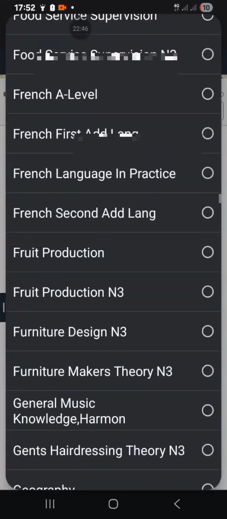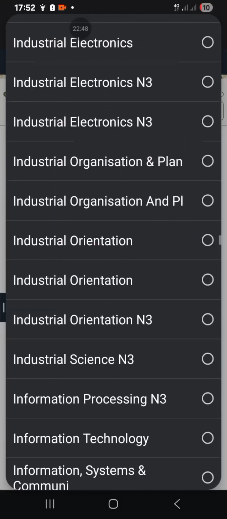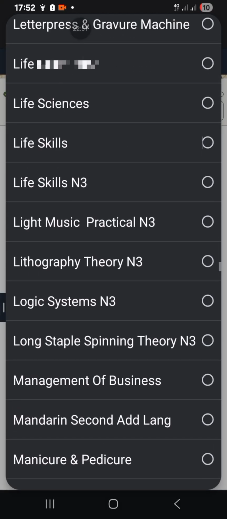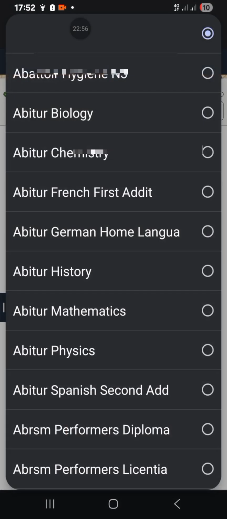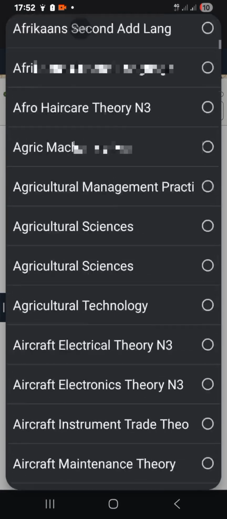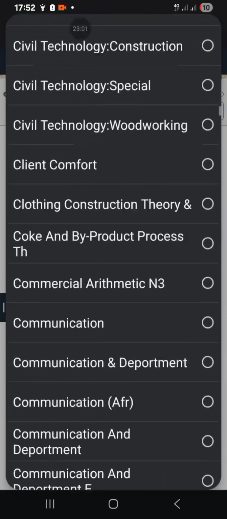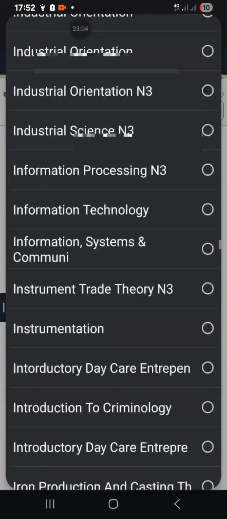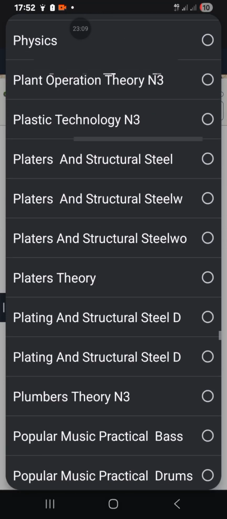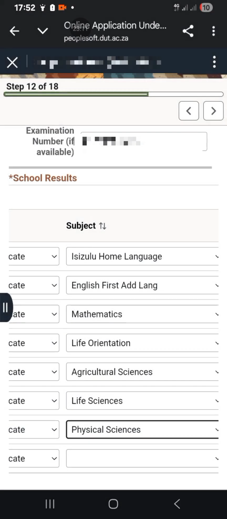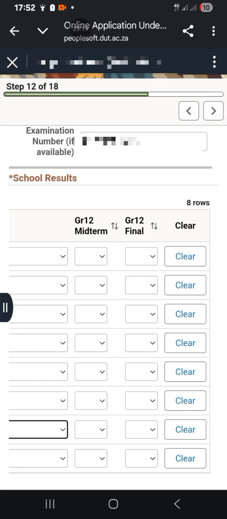You select wonke ama-subject owenza that you studied. And then if usebenzisa i-report yangoJune, you punch lapha i-percentage olitholile.